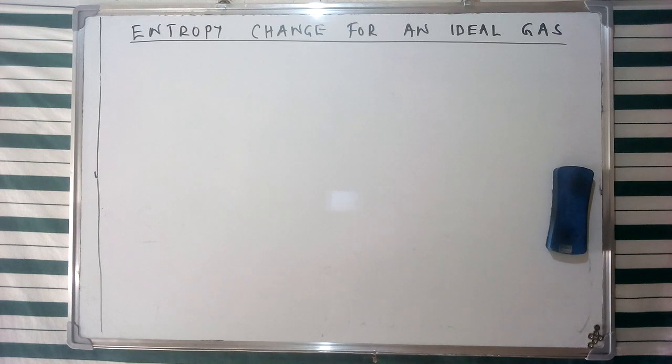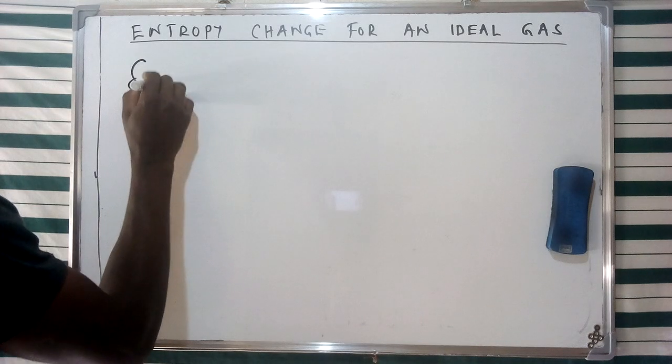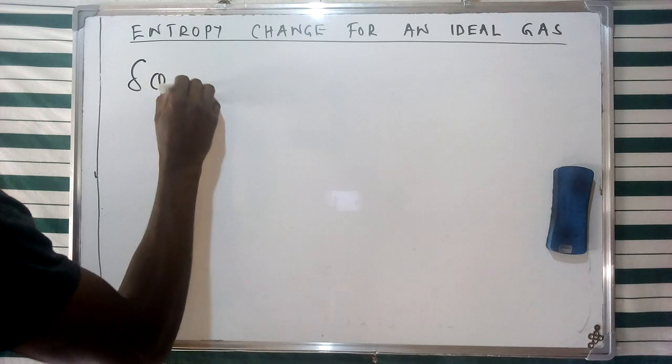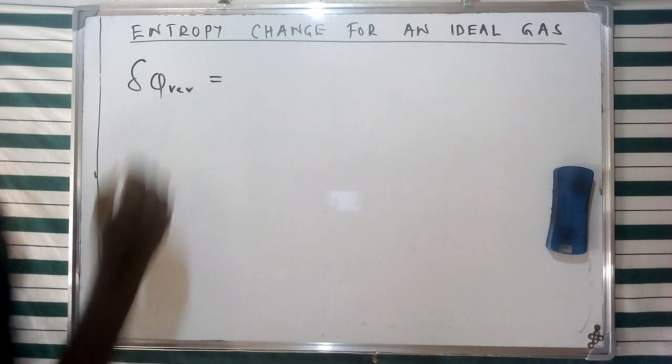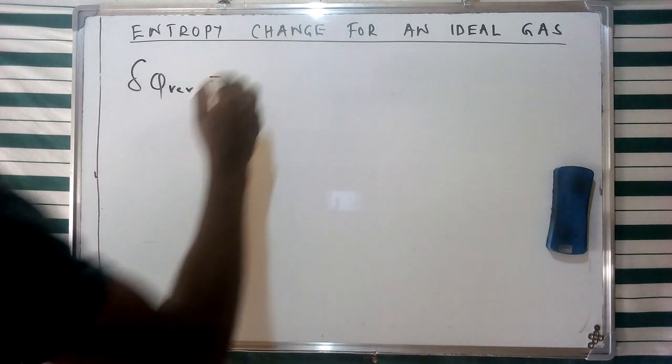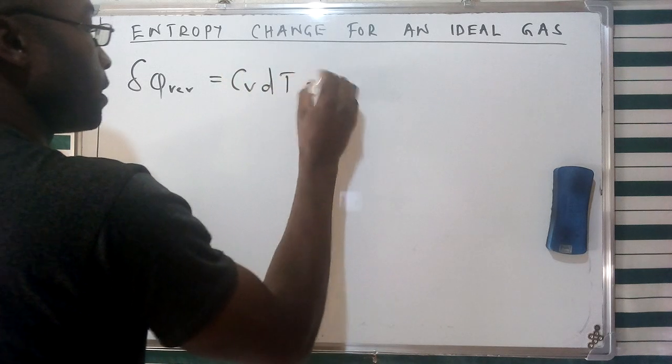So today's discussion is going to be the second part of the concept of entropy change for an ideal gas. In our first discussion, we mentioned the concept of entropy insofar as an ideal gas is concerned. We gave different representations, especially from the first law of thermodynamics, whereby we can represent this change in entropy using the derivative of this specific equation, which is going to be represented as